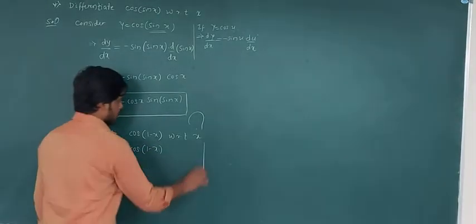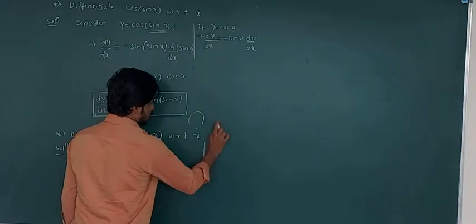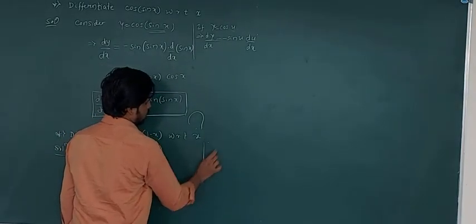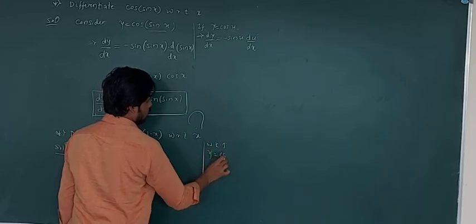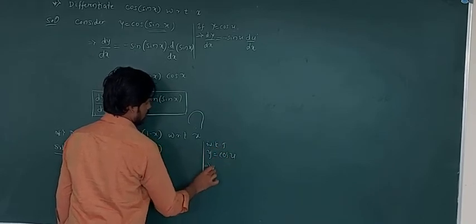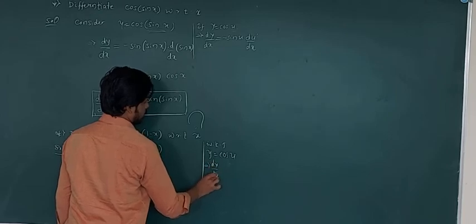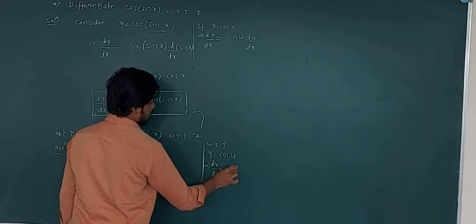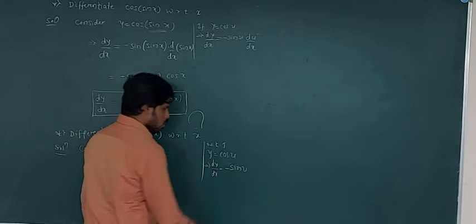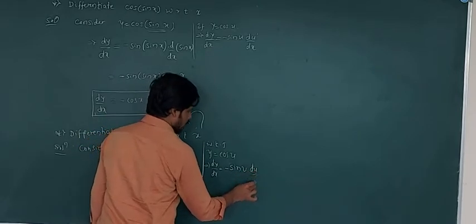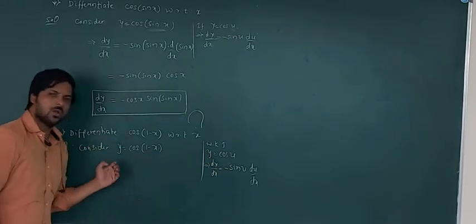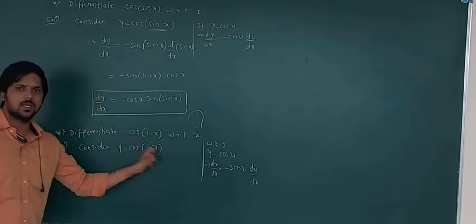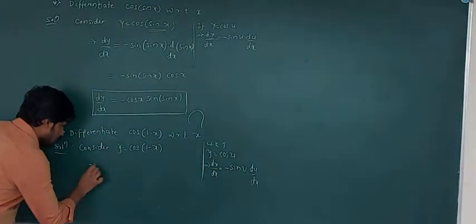Again we know that because it is a cos u function, if y equal to cos u, then dy by dx is minus sin u into du by dx. Comparing these two, again we have u equal to 1 minus x, so therefore this implies